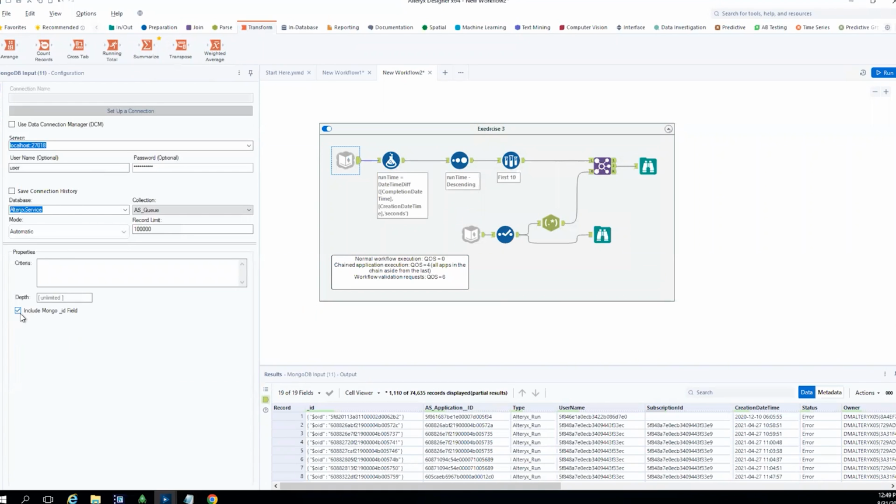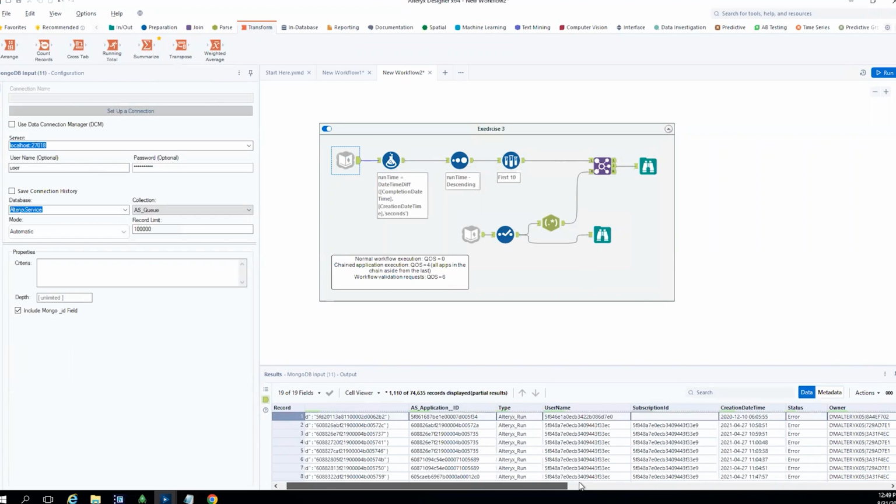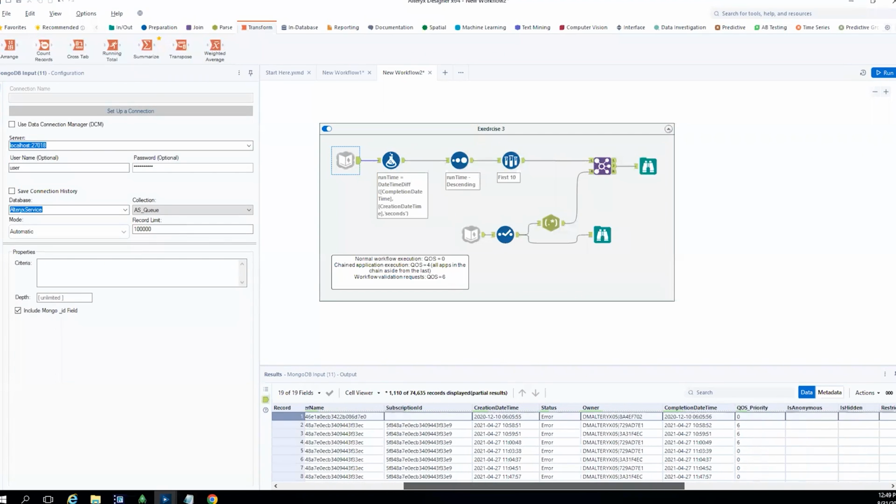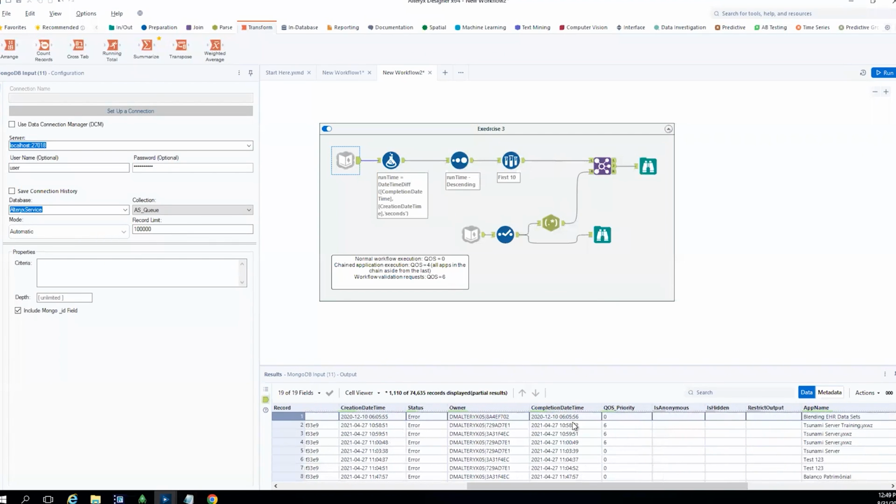I make sure to, this isn't automatically selected, but in this, we're going to make sure we bring in the Mongo ID field. So this is the ID for the queue. Like this specific queue has this ID. This is the application that was attached to it. We have things like username, so we're going to need this for users later. Creation date, completion date,